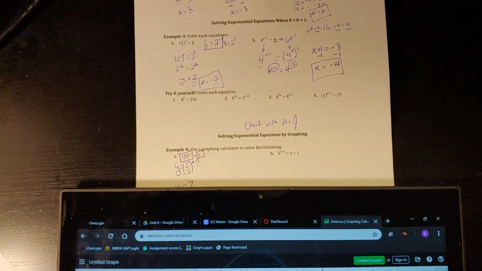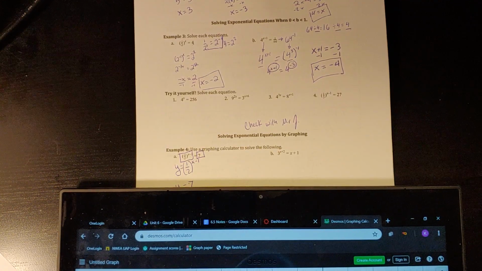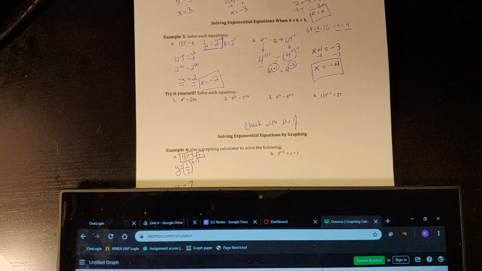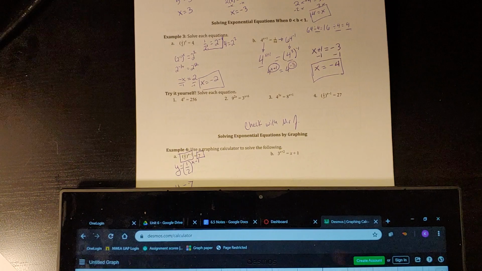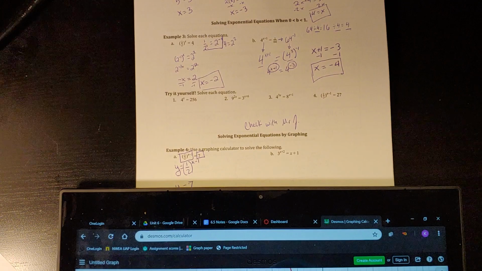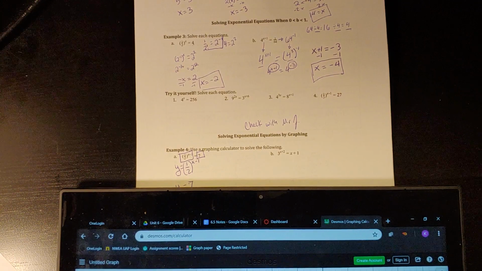So we're going to do y equals our 1 divided by 2 to the power of x minus